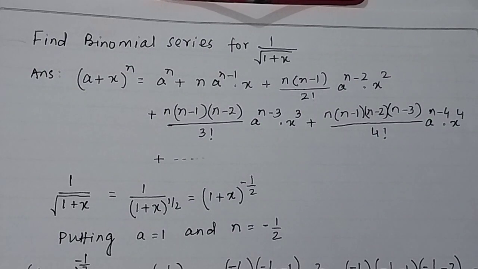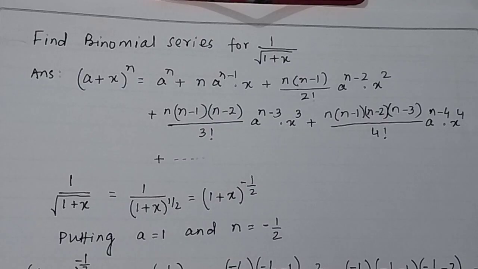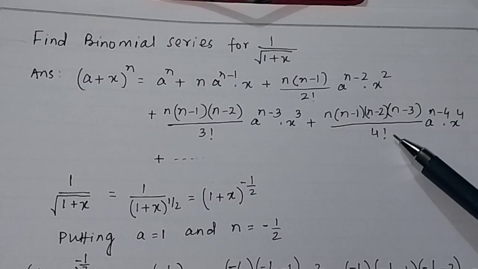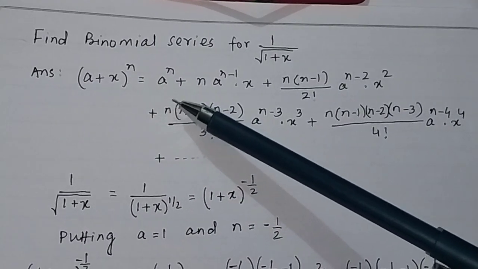Find the binomial series for 1 divided by square root of 1 plus x, or find the binomial series for the function 1 divided by square root of 1 plus x. We know from binomial expansion that a plus x to the power n is equal to a to the power